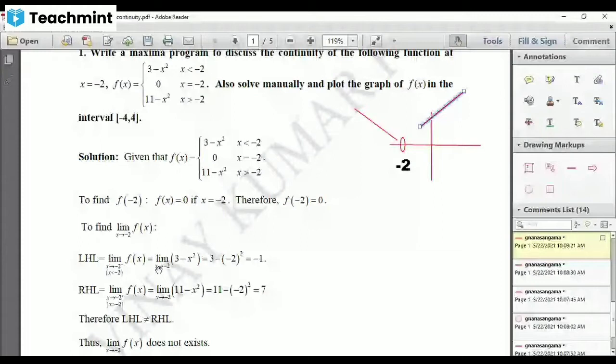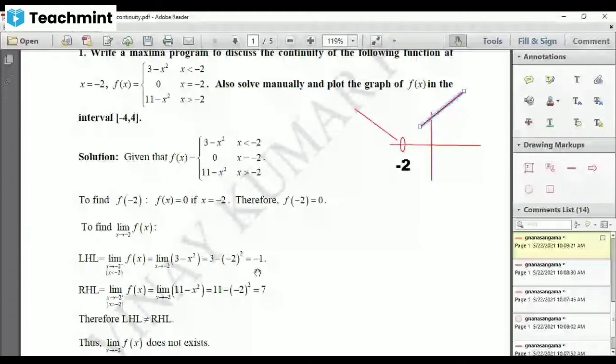Now, what is the denominator of this? 1. So it is not going to give you infinity and also not indeterminate. Therefore, straight away we can apply the limit. Here, your x is -2. If you give any value less than -2, they're all negative. But since x square is there, any negative number will become positive. So obviously this is a positive number.